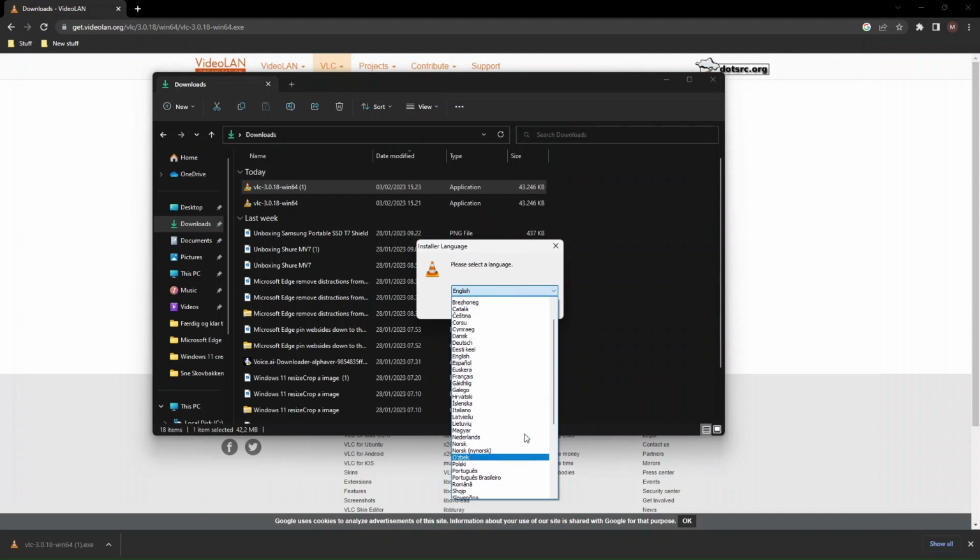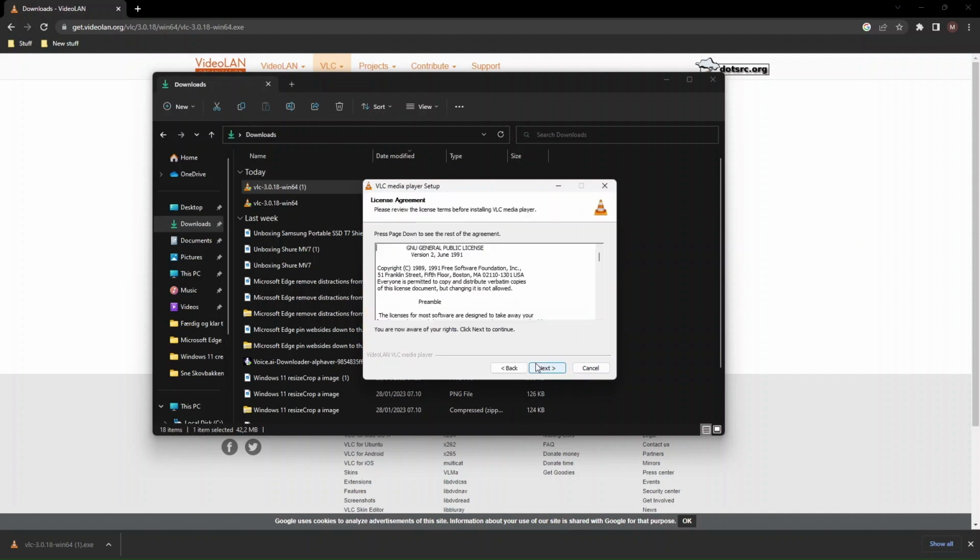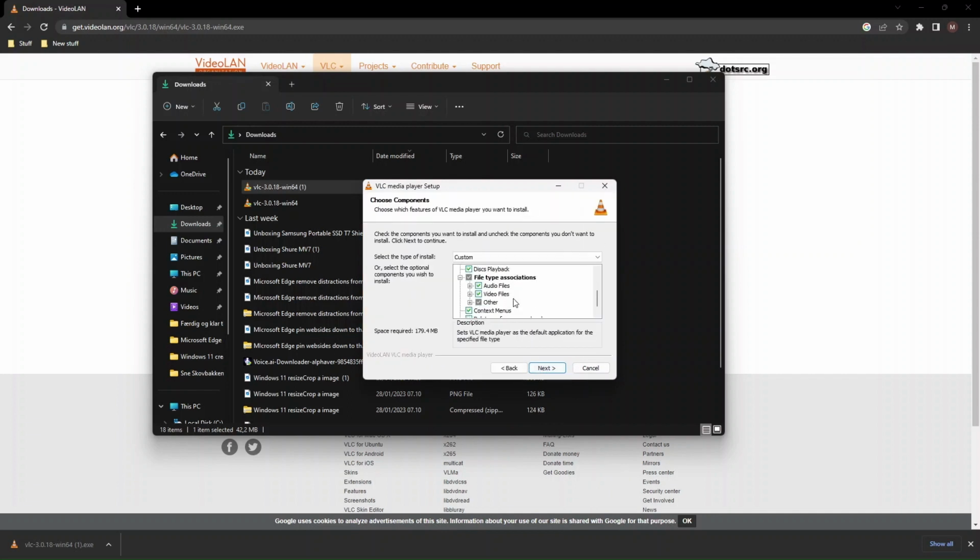Choose between languages you'd like. I'm just going to choose English for this. Click next, click next. Here's some plugins and things that you can tick out if there's something you wouldn't like. I recommend if you do not like the web plugins, just remove that so you don't get the Mozilla plugin and the ActiveX. And there's some shortcuts. That's actually what I will just prefer you to do. Click next,